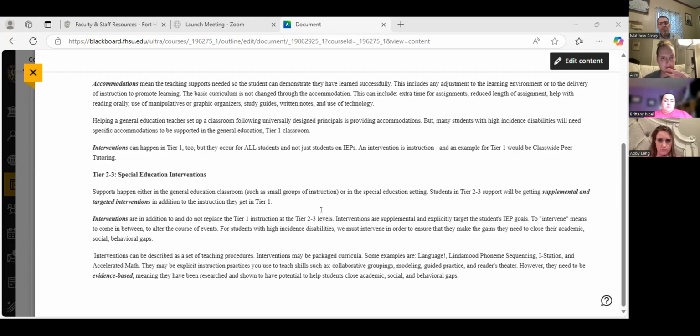Where a lot of confusion comes in is when we start talking about modifications versus accommodations. There are some distinct differences there, but this particular document is talking about accommodations versus interventions. Okay, so we just want to keep that in mind. Again, I want to encourage you to really dive into those resources that are listed in week 6. The resources provided for week 6 are also what you will focus on for weeks 7 and 8,